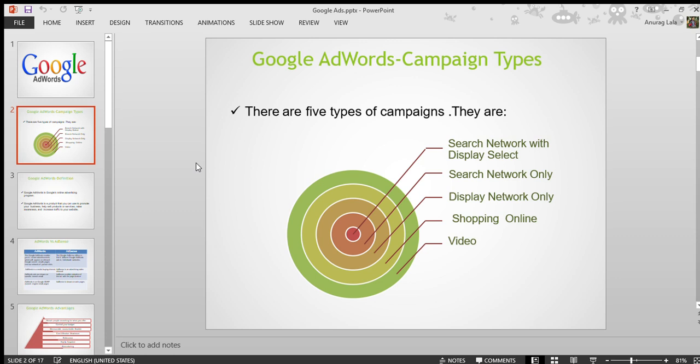Shopping online, I will show you in the next video, is the advertisement given by Google. You could have also seen that if you search for buy laptops, at the top you will see that sponsored is written and there is some laptop listing, which shows the laptop companies which have paid Google to show their products at the top. It is known as the shopping ads of Google, and the rest of the campaigns I will show in the very next video of this series.